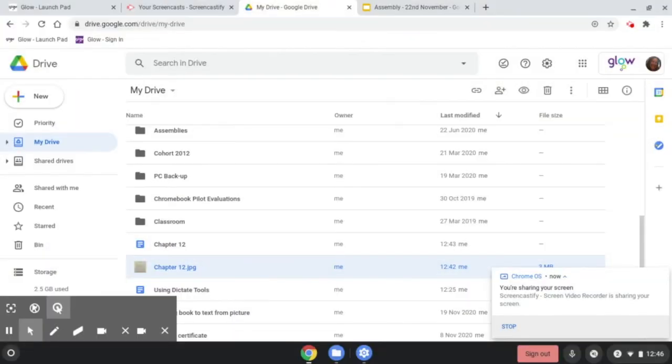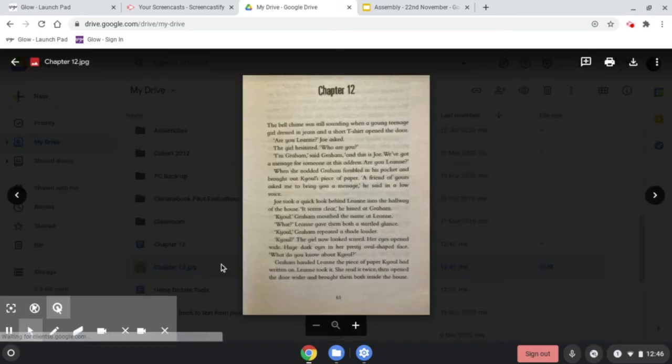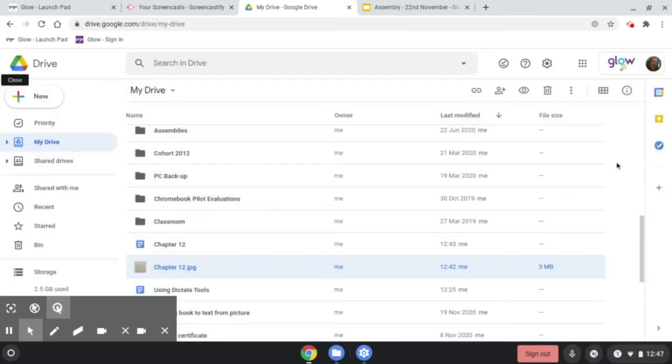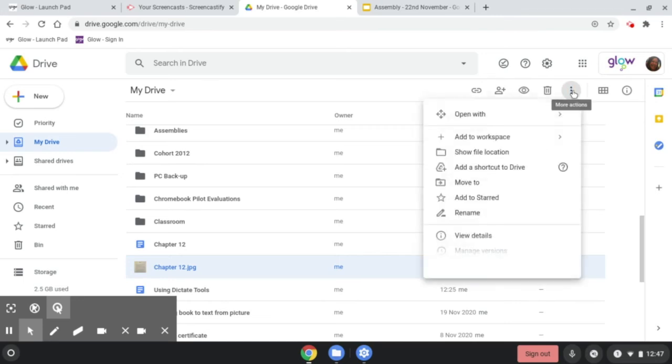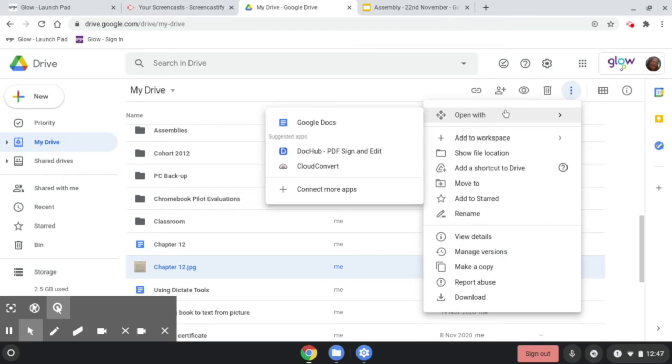One of the really useful features within Google Drive is the ability to convert an image into a Google Doc so you can have the text. So here I have taken a photograph of chapter 12 in this particular book. And what I want to do is I want to open that so that this can then be read to the children. So I click on the three dots, and what I'm asked to do is to open it